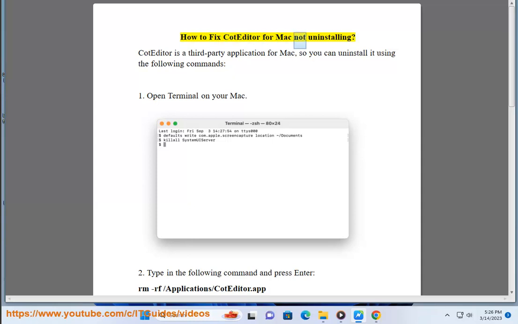How to fix CotEditor for Mac not uninstalling. CotEditor is a third-party application for Mac, so you can uninstall it using the following commands. 1. Open Terminal on your Mac. 2. Type in the following command and press enter,